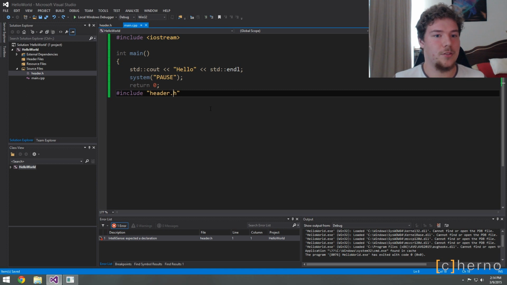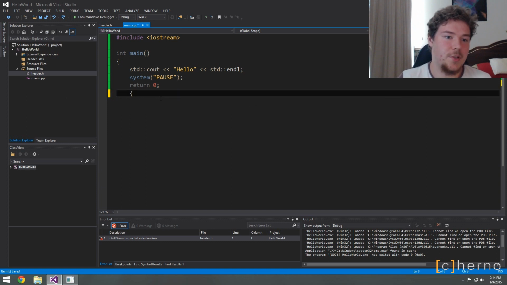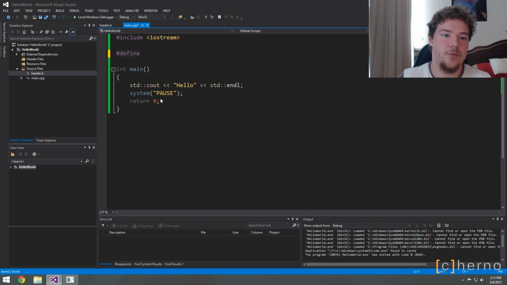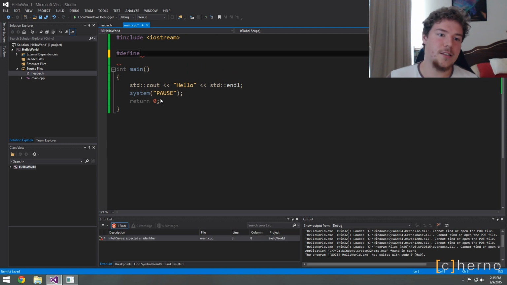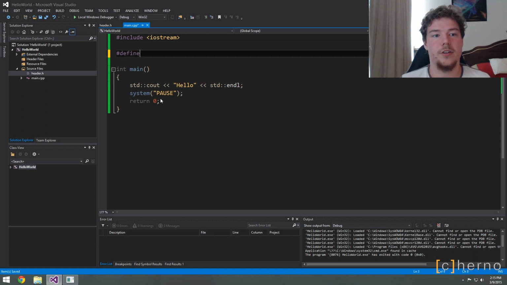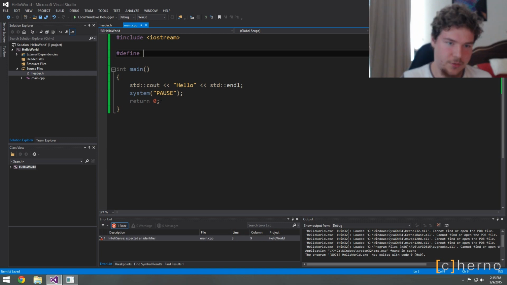And it's totally possible to do pretty cool stuff like that. So Java can't really do anything like that. So hash include is one preprocessor statement. The other, well, there's tons, but another really useful one is define, that you might have seen. So define does a similar thing to include, except it doesn't read from a file, it reads from what you give it. So if I say something like define width